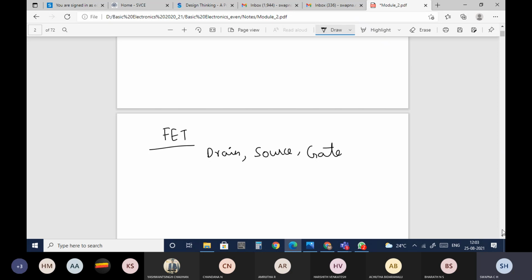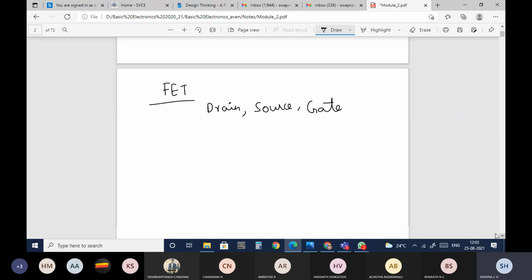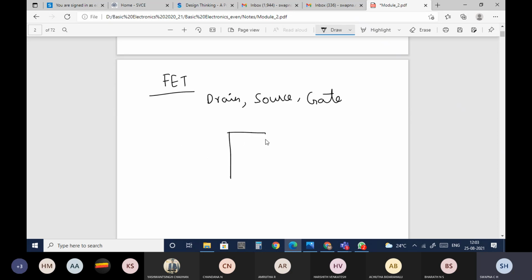Okay, so this is how the field effect transistor will be. In general, we will represent the symbol like this. Structure like this. It is not the symbol, it is a structure. So this is your drain, the center one will be gate here, and this is your source.